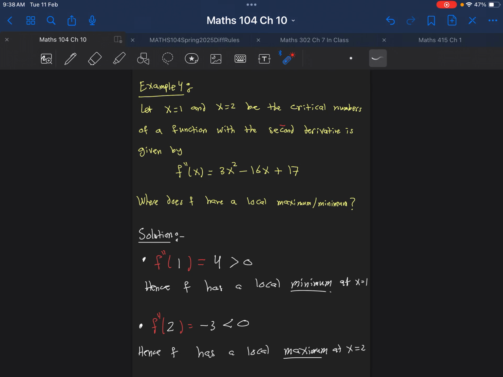So this question is kind of similar to the previous one, but the easier part here is that I have the critical numbers and I have the second derivative. So it's direct substitution, and I just check if it's positive or negative. What we will do next, we will do applications where we will again use